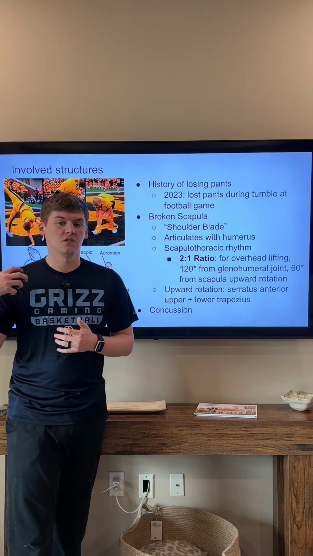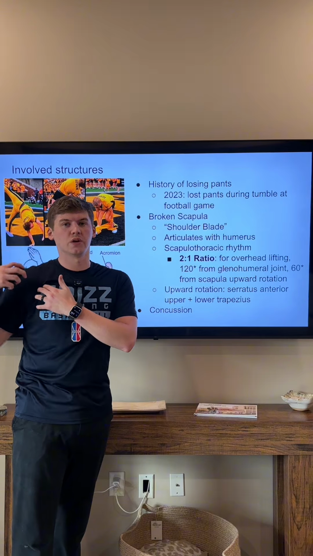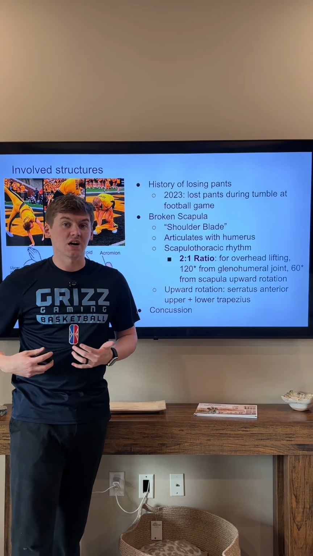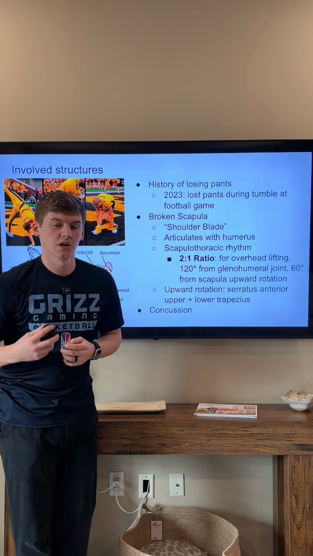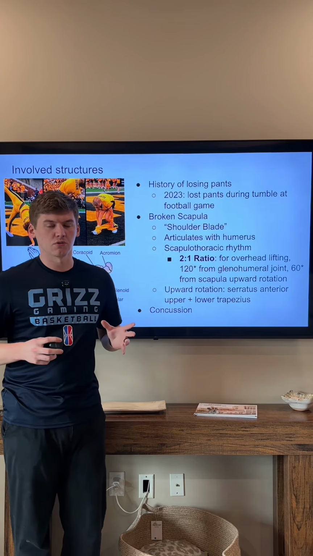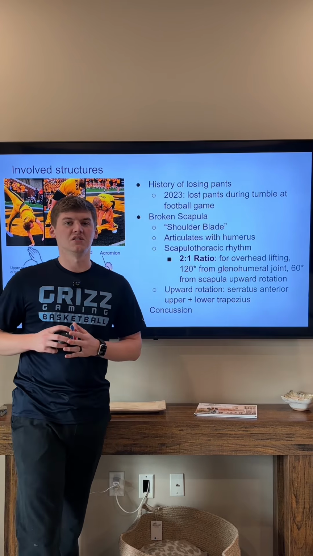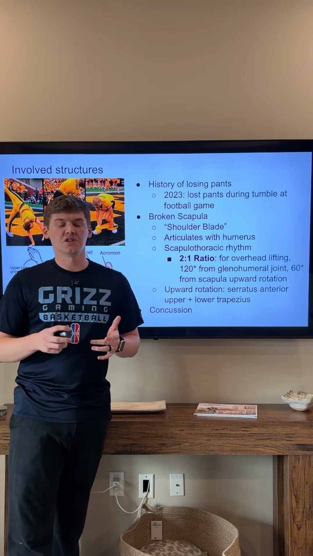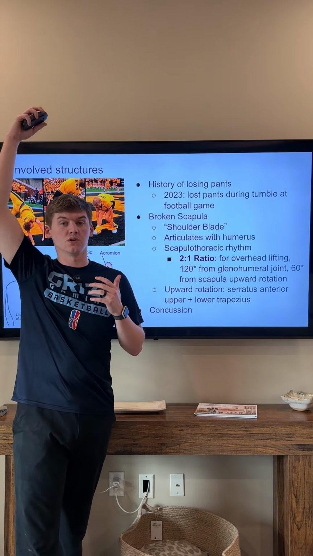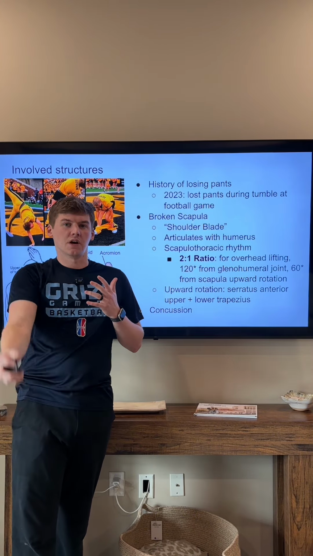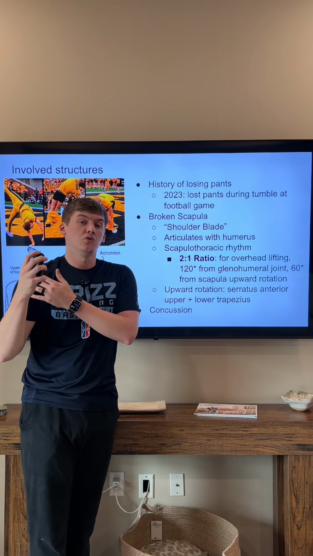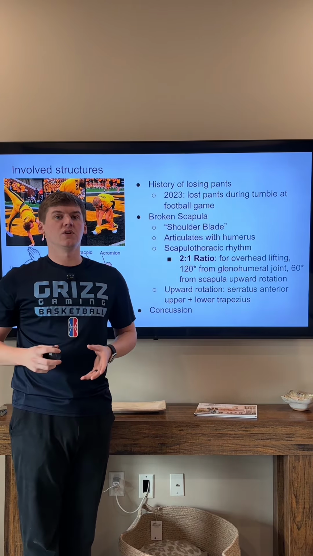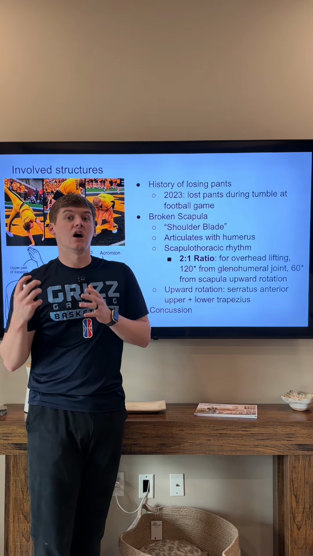It articulates with the humerus, all right? So it makes your shoulder joint. It is a ball and socket joint, and the ball is your humerus, and the socket itself is going to be the glenoid, is what it's called. So the scapulothoracic rhythm I thought was important to mention today. It's a 2-to-1 ratio. So basically, for overhead lifting, when you're going to 180 degrees of shoulder flexion, about 120 degrees of that comes from the glenohumeral joint itself, and 60 degrees comes from the scapula as it upwardly rotates